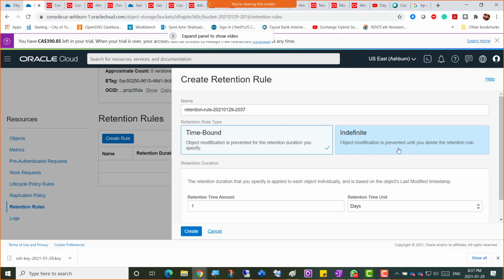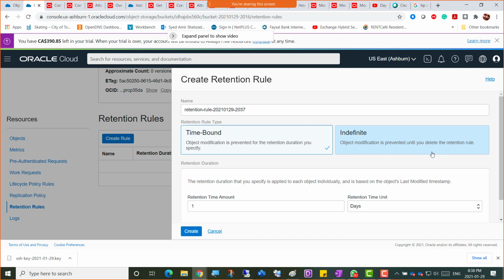Indefinite, object modification is prevented until you delete the retention rule. So you retain the file for certain time, and during that retention period you cannot modify it, and once that time is up, then you can modify, or you can indefinitely retain the file, and during the retention period you cannot really modify that file